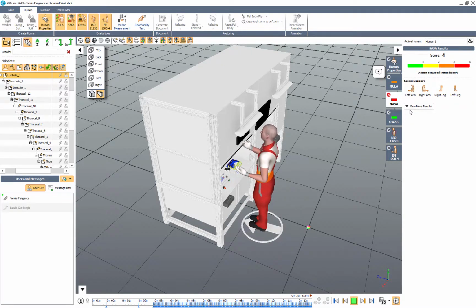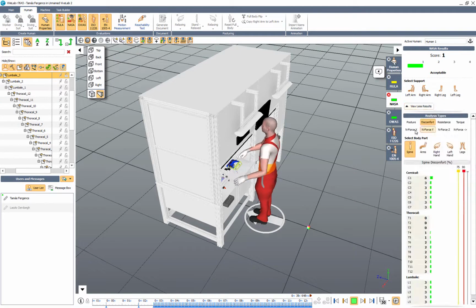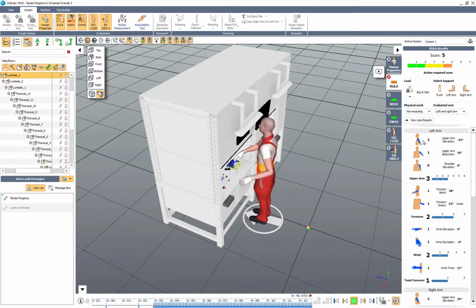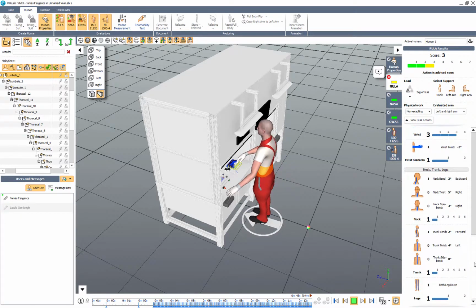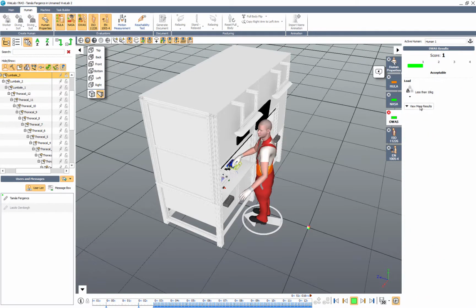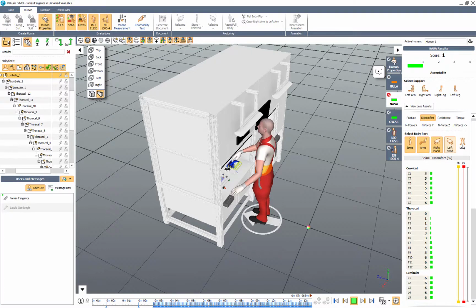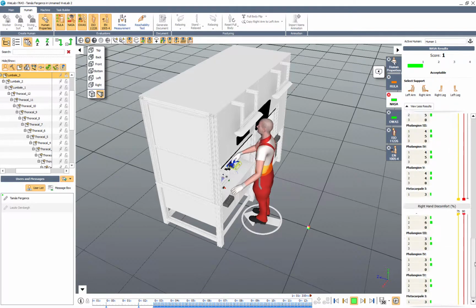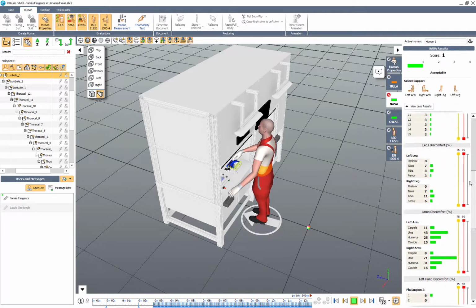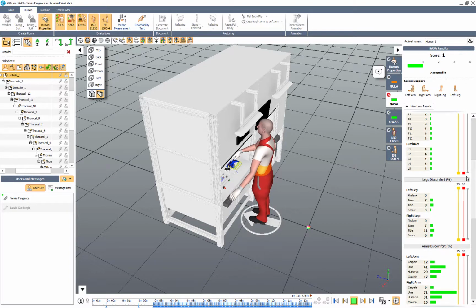You can gain a quick overview of the postures by switching between the tabs on the toolbar, or you can see all the details by scrolling down. Apart from that, you can also conduct reach analysis